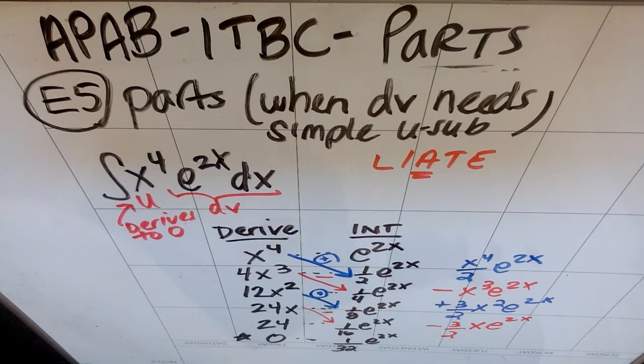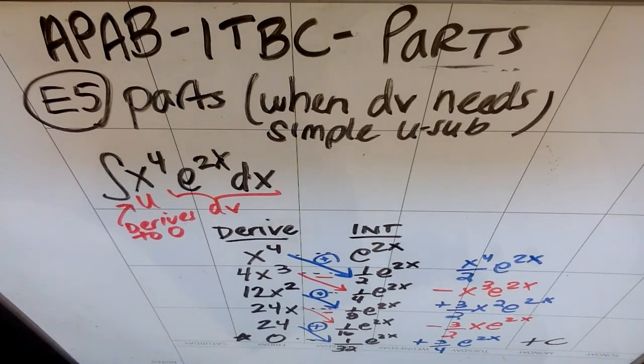And then the 24 to the 1/32nd should be my last entry because anything below that will be a 0. So I'm going to get a plus 24 over 32. They both have 8s, so that should be 3/4 e to the 2x, and then, of course, tack on the plus c. So my final answer, if I go ahead and write that as one giant line of stuff, which we'll do up